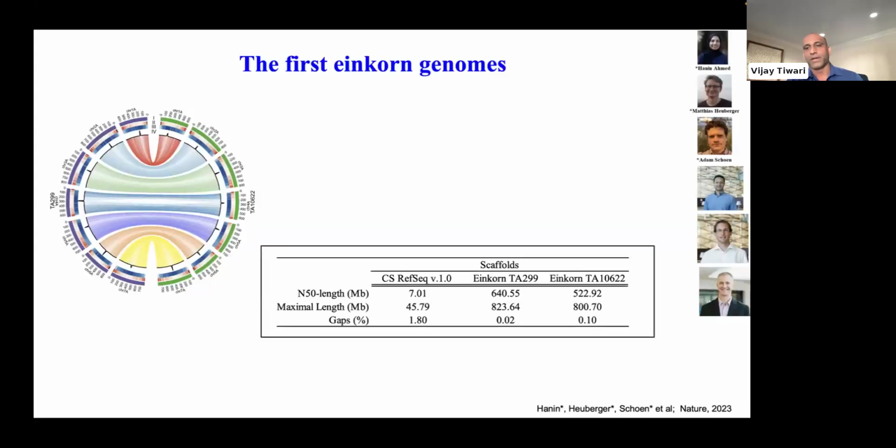So this was the information that was presented earlier: along with Simon and Jesse, we published the first einkorn genomes of two einkorn accessions. And you can see, with respect to the Chinese Spring reference genome, how improved the scaffolds are. Again, these are two different technologies and of two different ages. Chinese Spring is still one of the gold standard genomes, and we follow that a lot. But you can see how improvement in the technology has helped us in getting good quality genomes.